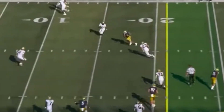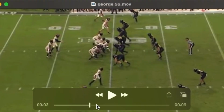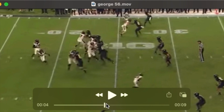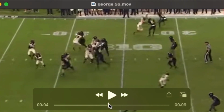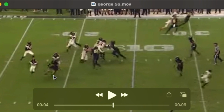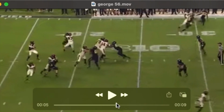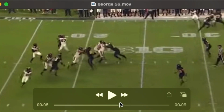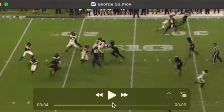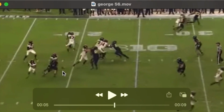Better example of him working the spin move. You can see what looks like could be a chip outside, does attack the outside shoulder, but he really needs to attack the outside arm here. See the tackle still inside, and also it takes him a while to wind down in terms of his footwork here, but he does sink his hips, does attempt to trap that inside leg or inside arm. I think that's a pretty transparent move for an NFL tackle. If you do not attack that outside arm,